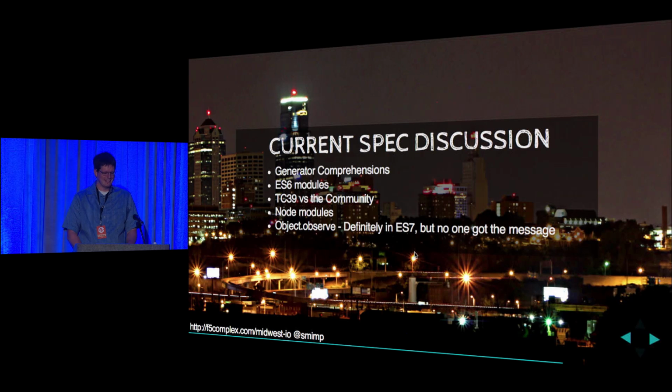So what they're currently really discussing in the spec is generator comprehensions. They're talking about taking that out so they can add more functional features like map, flat map, and all that stuff directly to it, and that would be onto ES7. ES6 modules, we talked about that a little bit, and you really don't want to have to use two module systems in your code. So, I mean, there's CommonJS and Require, or AMD, and that's something they're worried